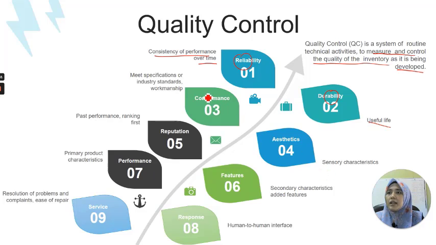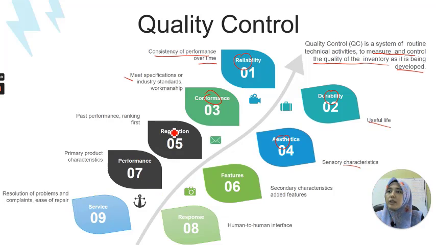Okay. Kemudian conformance, meet specification of industry standard and workmanship. So apa yang dia stated, adakah produk tu dapat deliver dengan baik. Kemudian ada estetik, nilai estetik, which is ada sensory characteristic, cantik. Kemudian mungkin dulu orang tak suka warna-warna yang terang, kita punya color blocking. So sekarang semua orang suka warna terang-terang. Okay. Kalau dulu phone biasa memang color dia is very dull lah. Ya, it's either hitam ataupun putih. But right now memang ada pelbagai color.